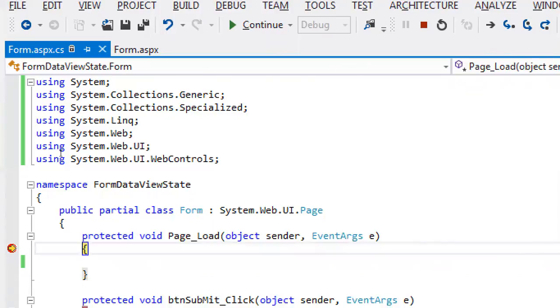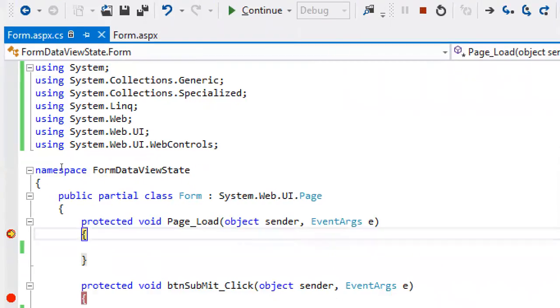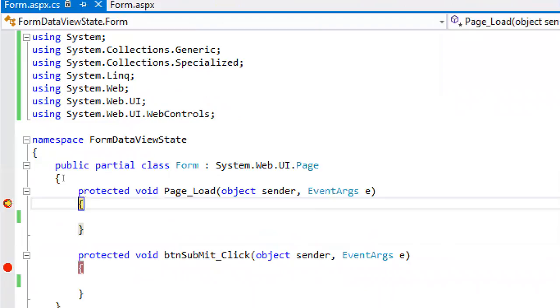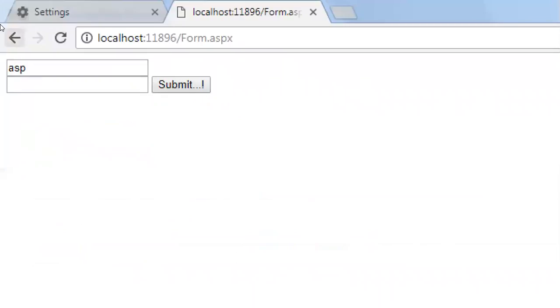Here, as a part of the page life cycle, it goes to the page load, and then it comes to the submit event of the button. Press F5. In this case we can see the data of the ASP control, the server control, but the HTML control lost the data, because all ASP controls run at server. That's why, while the form is loading in the page life cycle,